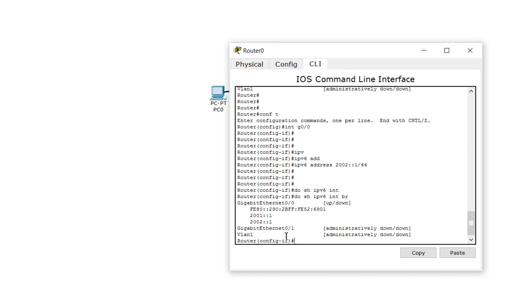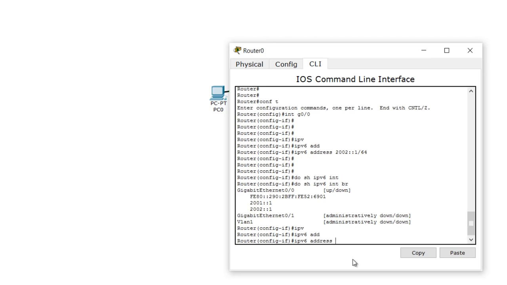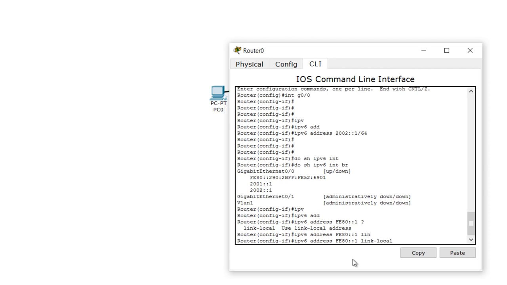Now let's say for some reason you don't want the EUI64 format to be part of the link local address. How do we change that? You say IPv6 address FE80. All link local addresses should start with FE80, and I say 1. And remember, link local does not have a slash notation, so you don't have to put /64. All you have to say is link local,